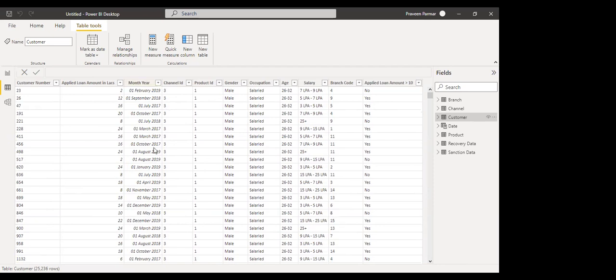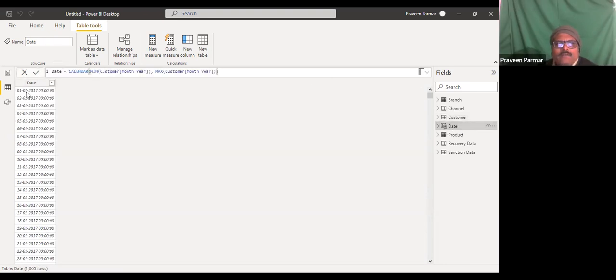Yes, sir. But in the date table we have daily data: 1st January, 2nd January, 3rd January. In this way we are getting it. I want to correlate this date with the customer table. Okay. So how do we do that?